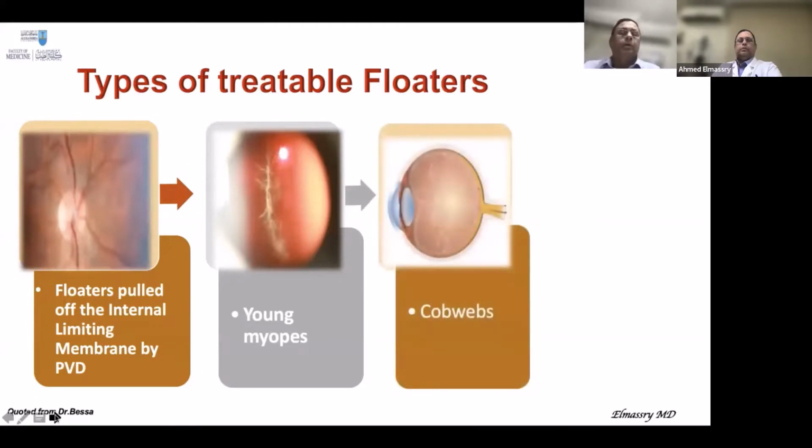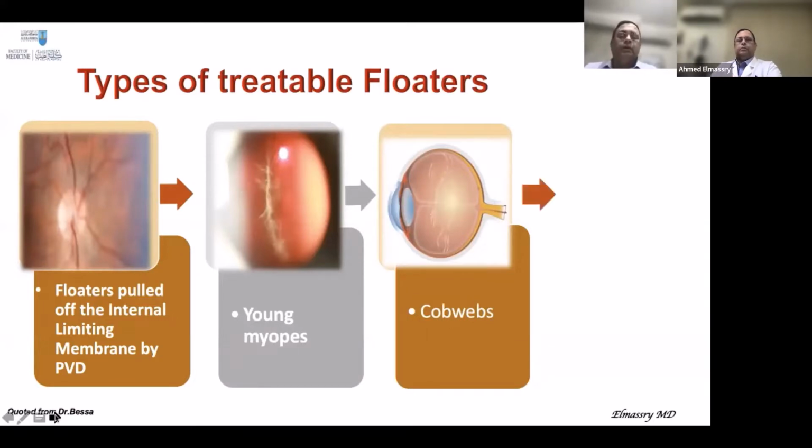Again, cobwebs also could be treated with vitreolysis, but they need a lot more sessions than expected, as you know. And as will be discussed, we may do from 3 to 5 sessions for floaters to vanish, and each session up to 500 shots. So we never ever give the patient a fixed number of shots or sessions, as it depends